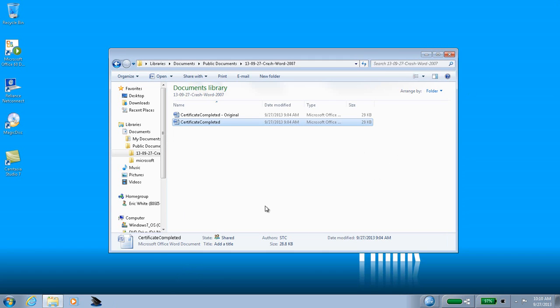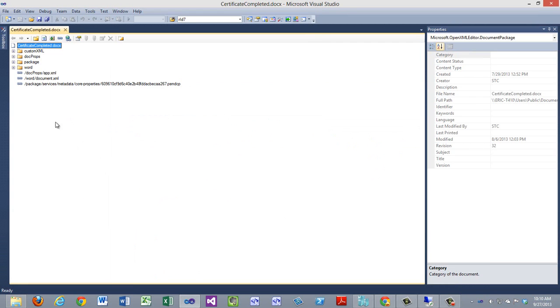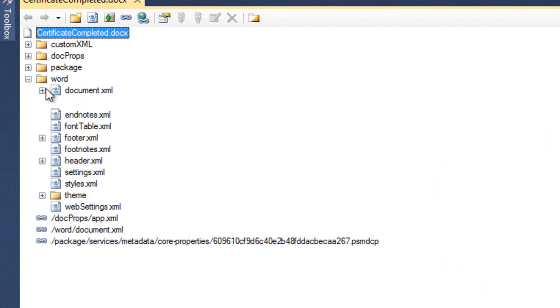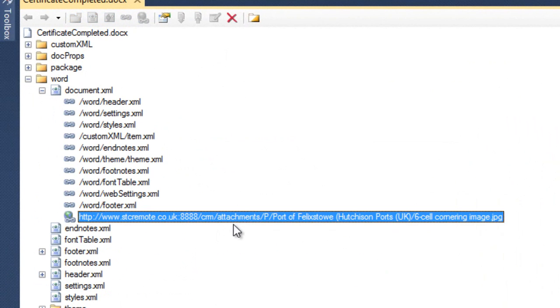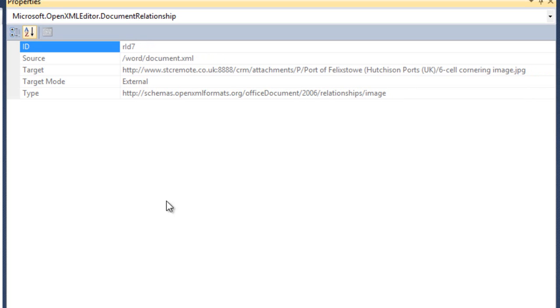So let's go modify this document in the Open XML package editor, and I'll show you what you need to do to make it open, and therefore it will be clear how to modify your code to make it open. I'll drag the document to Visual Studio 2010, and the problem is this external reference right here. And if we look at the properties of that external reference, the main problem is this target. And the target, it's got a